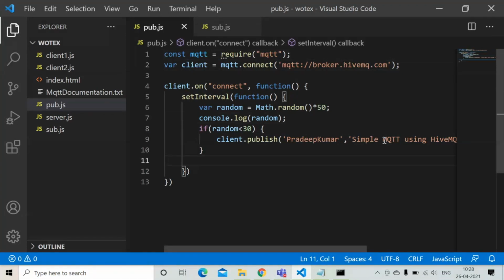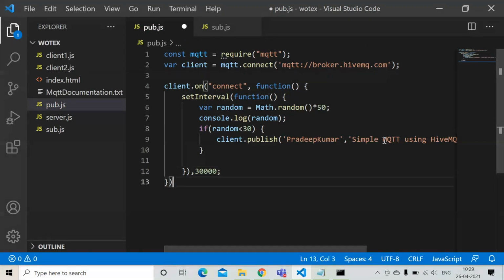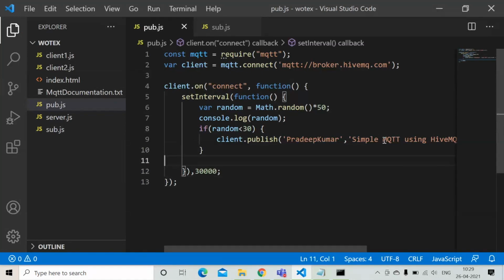Finally, once it is done, 30 seconds, semicolon, and finally this end also semicolon. Again, we have seen this example of how the brackets come within the curly braces. This is a property of Node.js. It is asynchronous mode. This is on the publisher.